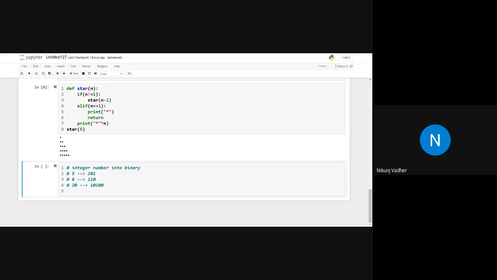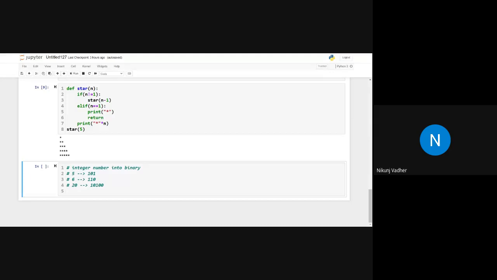Let's say I want to implement a program that will convert a decimal number into a binary number, and it will print like this. How can we do it? Any input from any of the students?